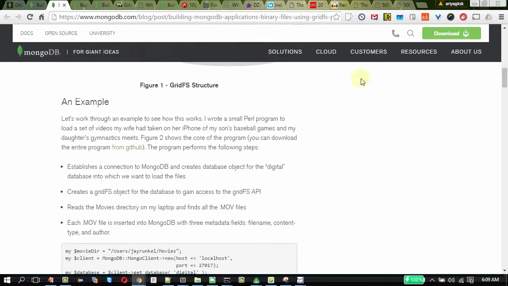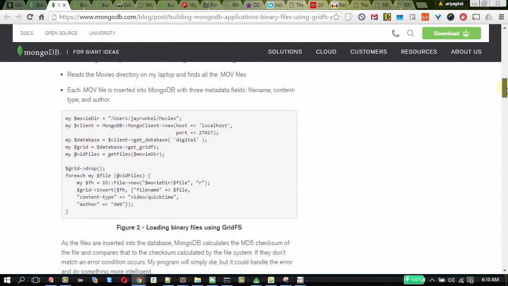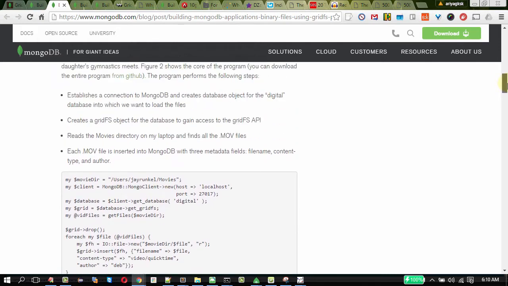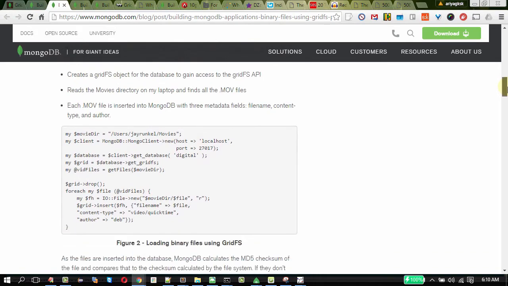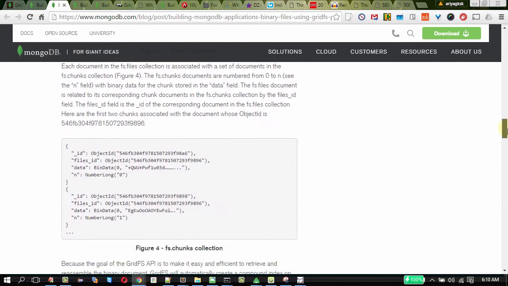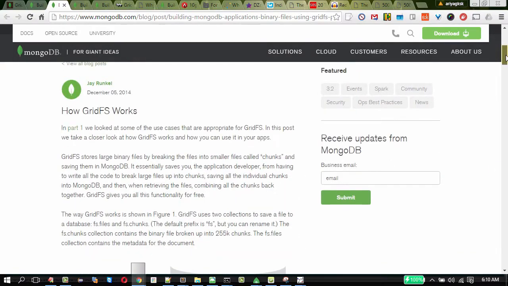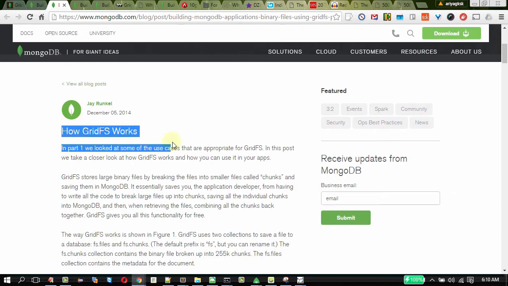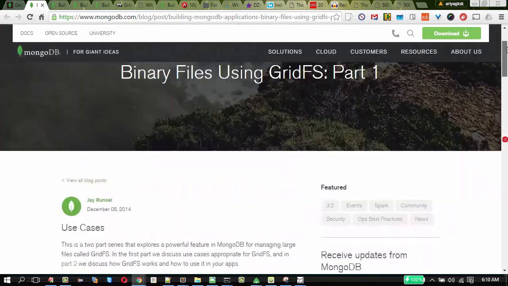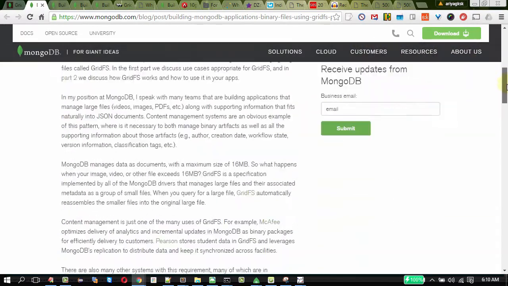Following this, there is a very useful and practical example of how to save video files and images to a GridFS system. The author of this article has used the Perl language for explaining this. Though it is in Perl, it is very easily understandable. This has quite good information about GridFS. Please go through this, as well as the top portion which explains how GridFS works. So totally there are 5 pieces of information we can gather from part 1 and part 2 of this article.